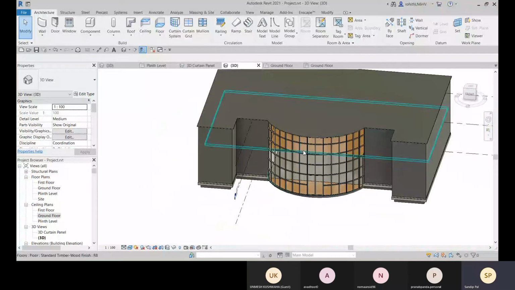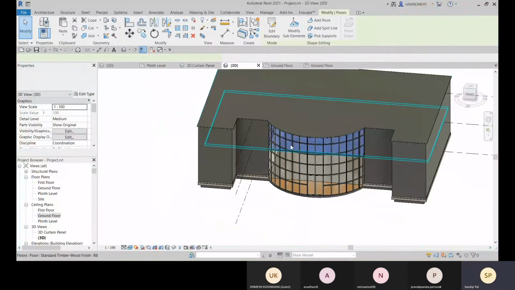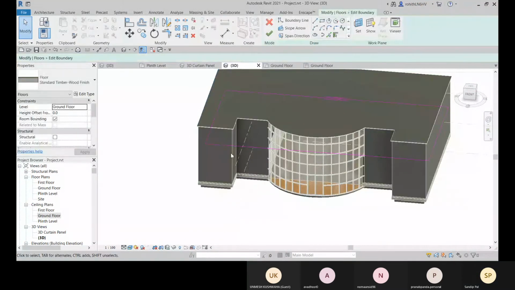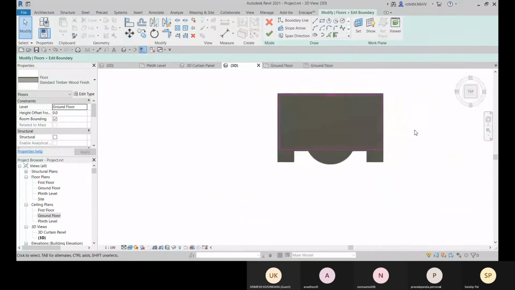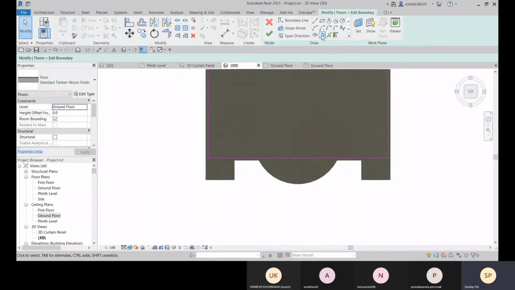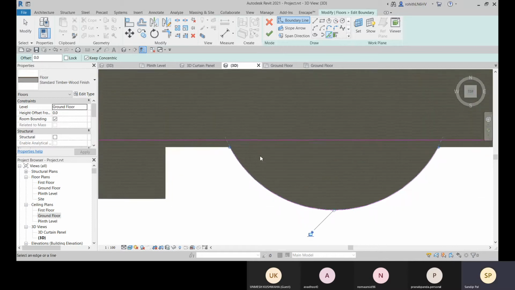Okay. Now about the floor, you can go to that edit boundary again, and you can modify the boundary. So let me go with the pick line option. And you can go for trim extend.